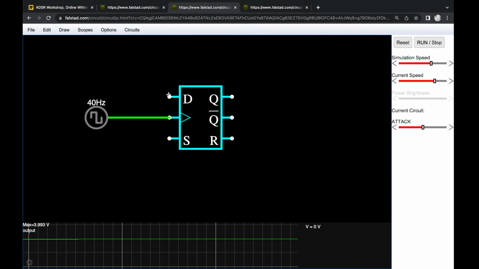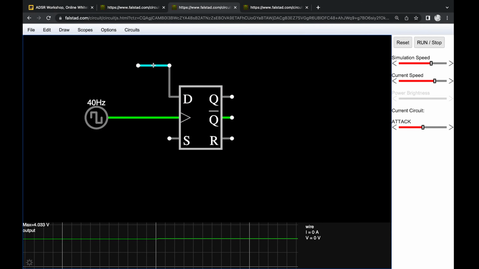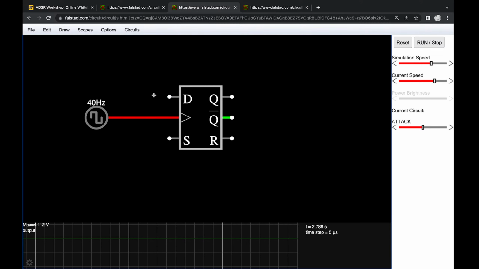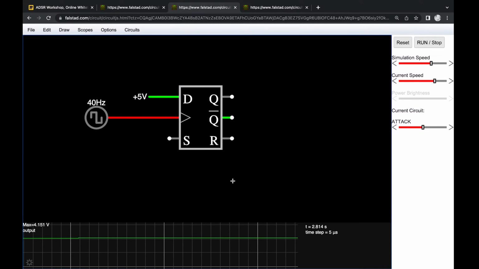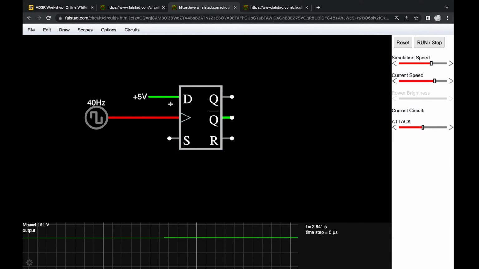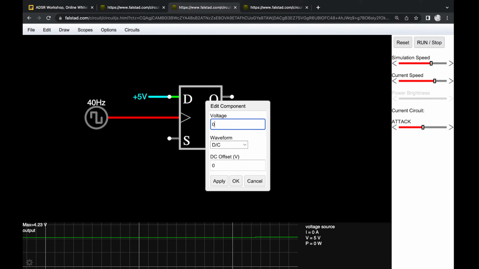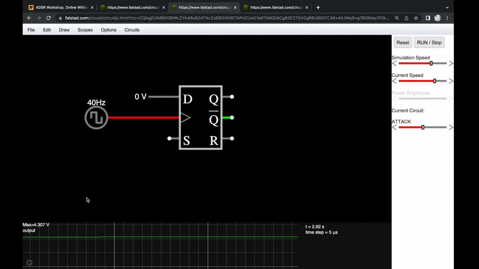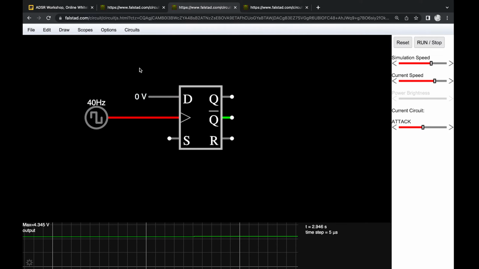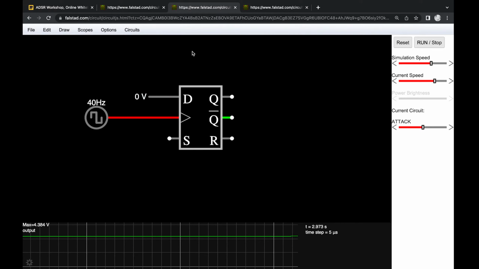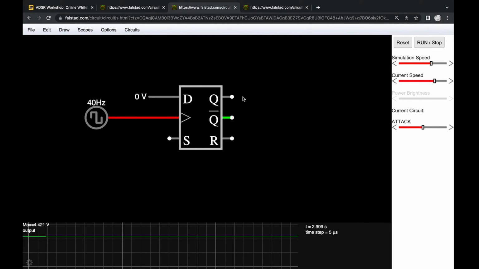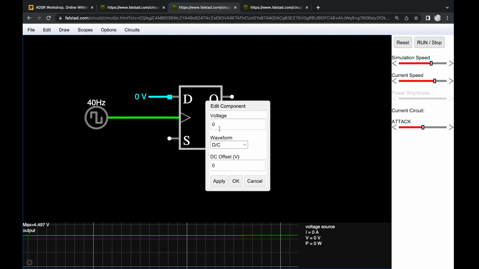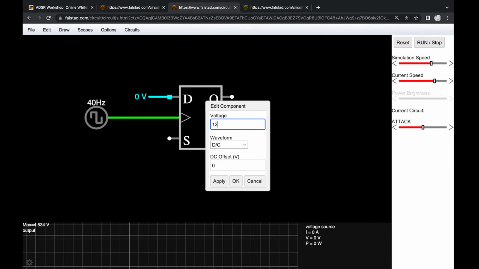So if we give this a, whoops, oh no, let me do this a little bit more easily. No, that's not right. I think it's this. Yes. Okay. Let me switch this down to 0 volts. Okay. So what happens right now is every time this clock goes high, the chip looks at the data input, sees that it's 0 volts, so ground, and that's why it sets its state to off, right? This is why this stays off. The output stays off. But if I switch this up now, I bump the voltage up to 12 volts,